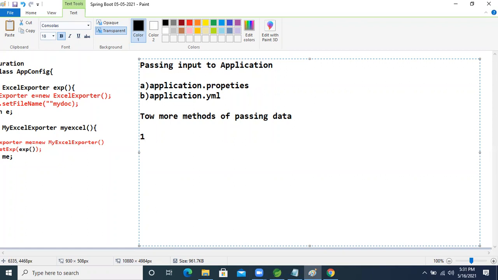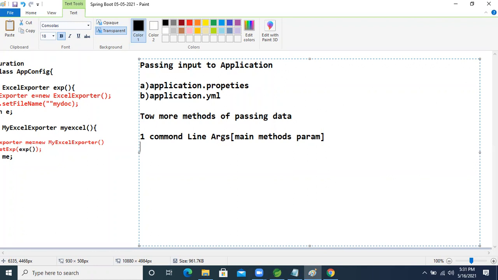The first one is command line arguments, like how we pass them to the main method, main method params.